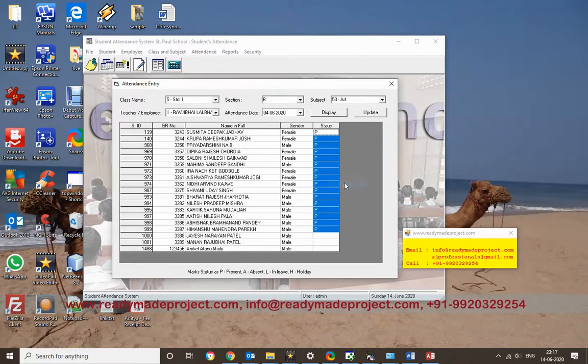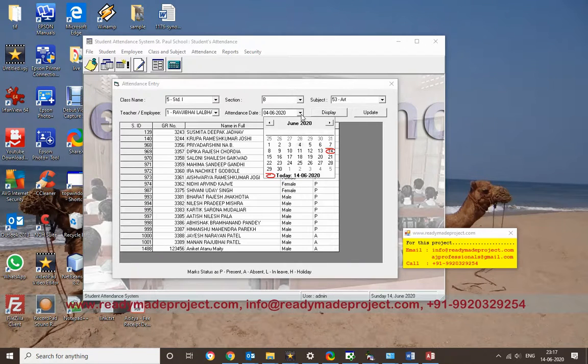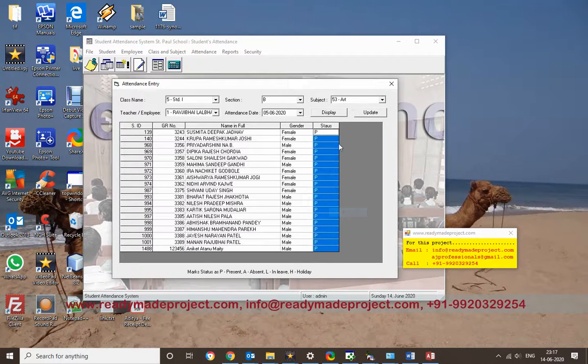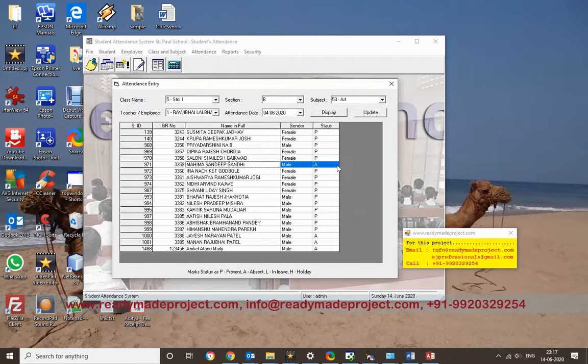I want to make these 3 absent. Then you have to update. Once you have updated, if you go again for the fifth, you can mark present and update. If you come back and display the 4th, whatever date you have marked, it will display absent. If you want to change it, you can change it like this.